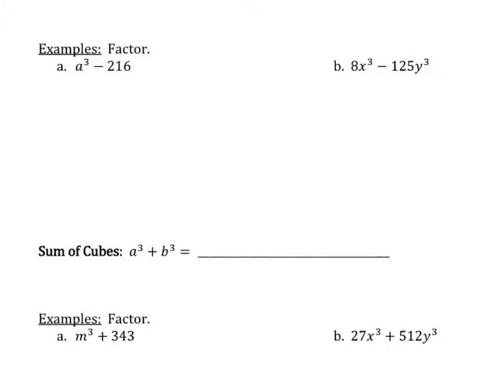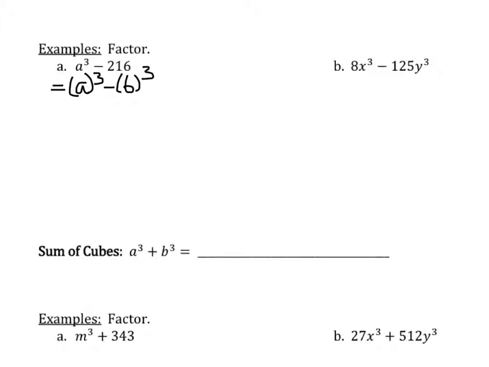In this example here, a cubed minus 216, I want to make sure that this is a difference of cubes. Notice here I do have a variable cubed, so that's a good sign that I'm going to have a difference of cubes, and I also have that subtraction there. I want to make sure that this is a perfect cube. 216 is actually 6 to the third power, and so I can really write this as a cubed minus 6